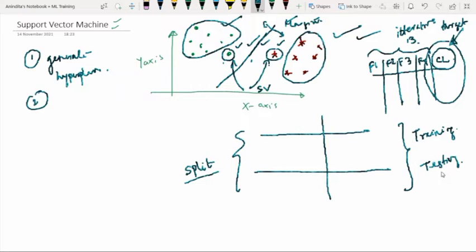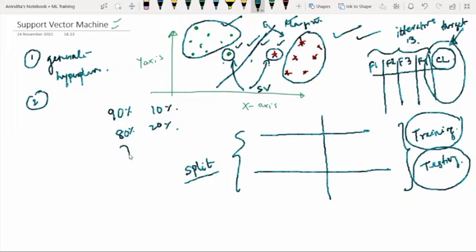And I have already mentioned that the size of the training data set should be greater than the size of the testing data set. Whenever you are considering the training and testing data split in machine learning, we follow some convention: 90% 10% split, or 80% 20% split, or 70% 30% split.